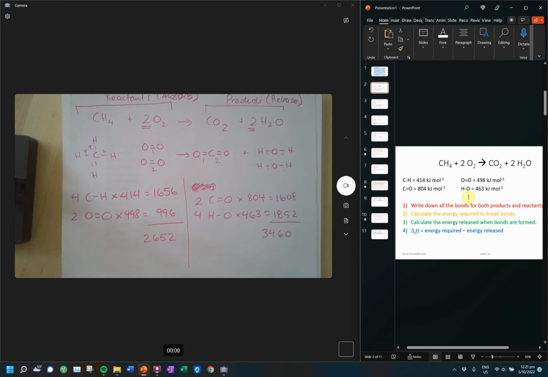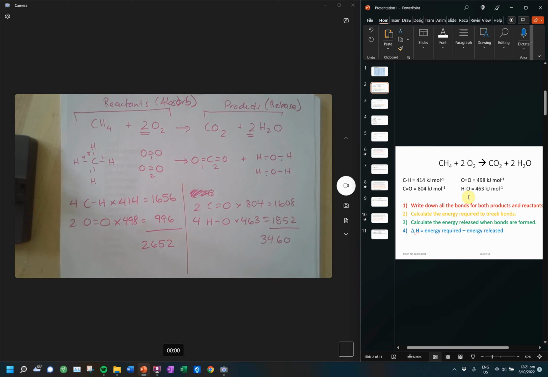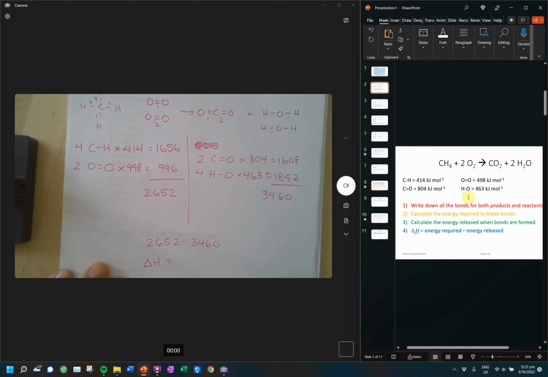And then my last step is I need to take the energy that is required and subtract away the energy that's released. So that's really easy. It's just basically what you have set up in the direction of the equation. You just take that and subtract that away. So 2652 minus 3460, delta H, sorry, 6. Cool. And I get negative 808